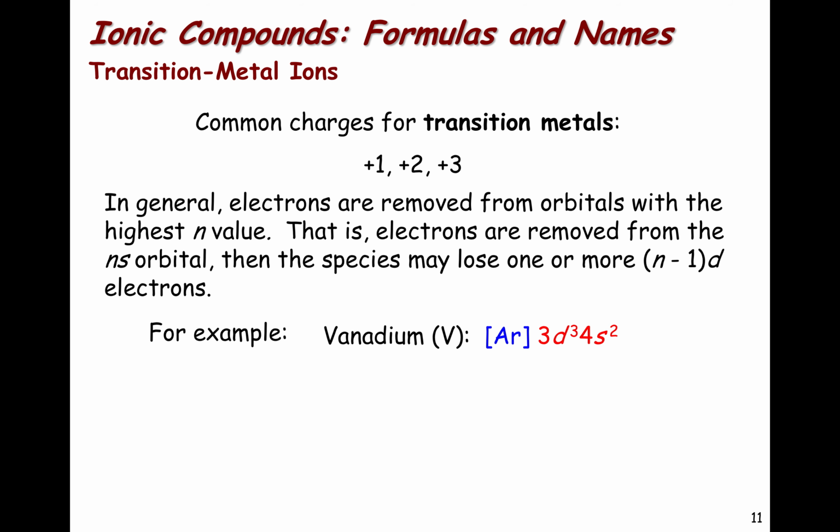In the case of vanadium, the vanadium metal would have an electron configuration with 5 valence electrons, having an argon 3d3 4s2 configuration. If we remove some electrons from initially the 4s subshell, we would form a 2+ ion, which is relatively stable, and would have the 3 remaining electrons in the d subshell. It turns out that therefore we could